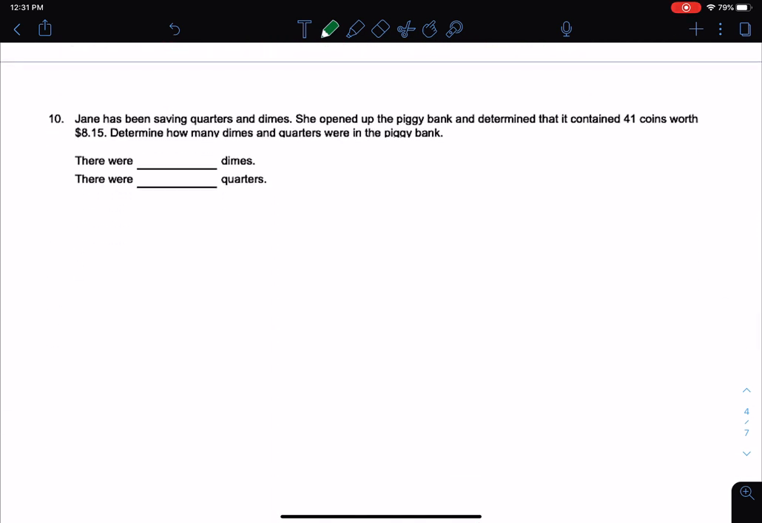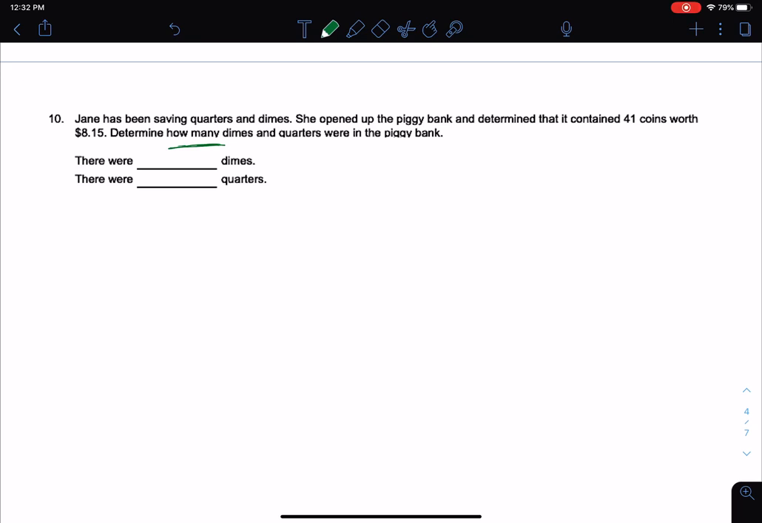Jane has been saving quarters and dimes. She opened up the piggy bank and determined that it contained 41 coins worth $8.15. Determine how many dimes and how many quarters were in the piggy bank. So once again, determine how many. Now this is really a little bit tricky here. With these kind of problems, the thing that you have to really make sure you're careful of is that